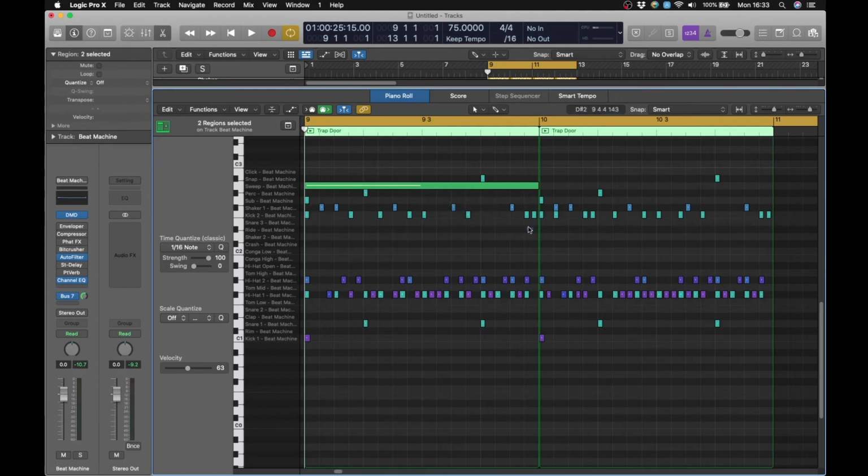But even the kicks, if you look at the kicks here and look at the kicks here, there's some extra kick notes in here that aren't in the one over there, and the hi-hats over here are just a little bit busy. I'm not reinventing my beat down here, I'm actually just embellishing it a little bit. So if I play these back to back, you'll notice the first and the second bar are ever so